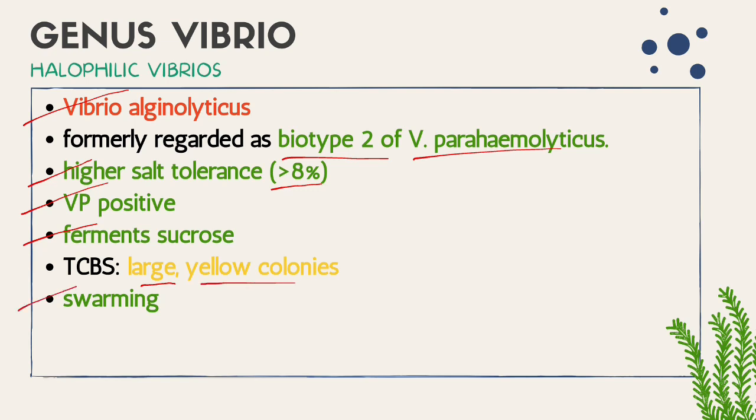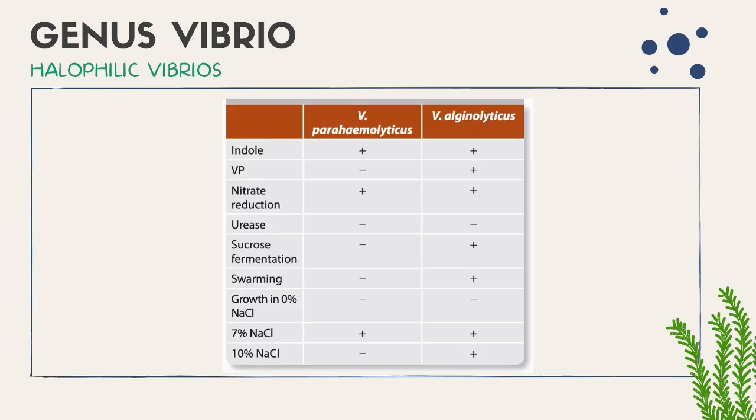It is also more motile than your Vibrio parahemolyticus, so it can swarm the particular culture medium, especially the nutrient agar medium. So here are the tests to differentiate Vibrio parahemolyticus to its formerly subtype Vibrio alginolyticus. So we can differentiate them using Voges-Proskauer test where alginolyticus is positive. Also for sucrose fermenter, so alginolyticus is the one that can ferment sucrose. Also for swarming motility,